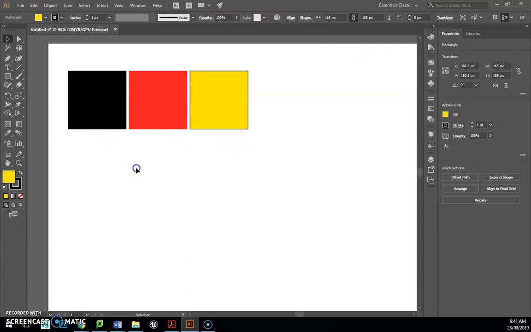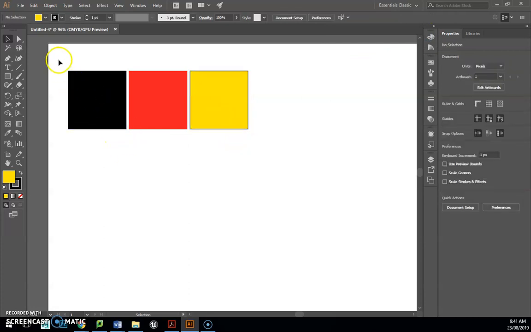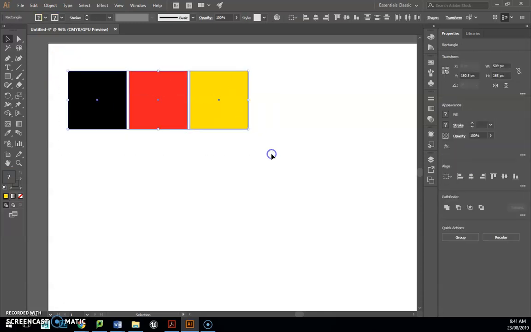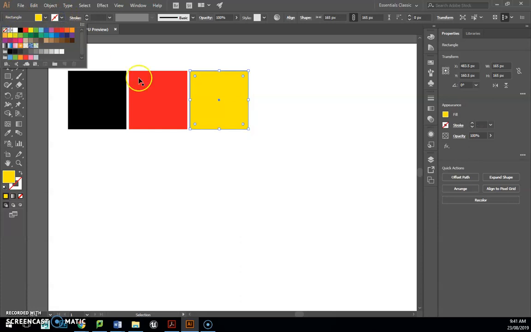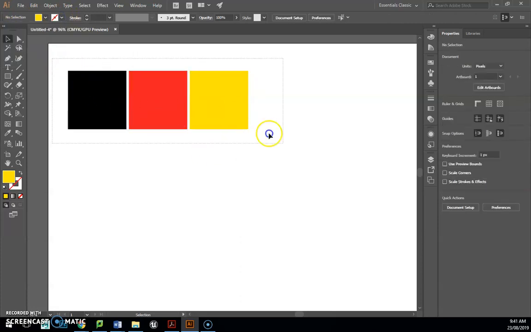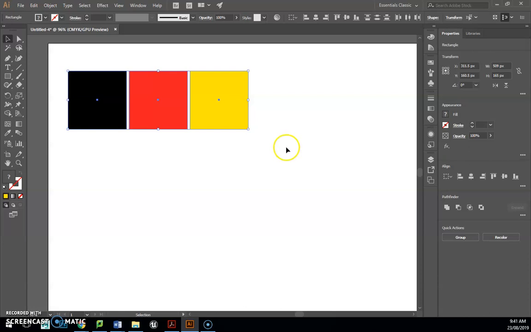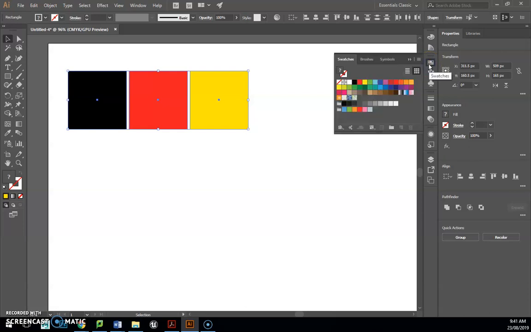So we've got our 3 colors right here. The problem is opening this up and actually finding the exact ones, because there are ones that look similar. And if we click the wrong button, we might get lost and not know where to go. So what we're going to do is create a color group. With that highlighted, actually I'll just get rid of this stroke to make sure we don't get an accidental color. Alright, let's highlight everything. Now with that highlighted, we can create a new color group. If I hold over here and go to my swatches menu,